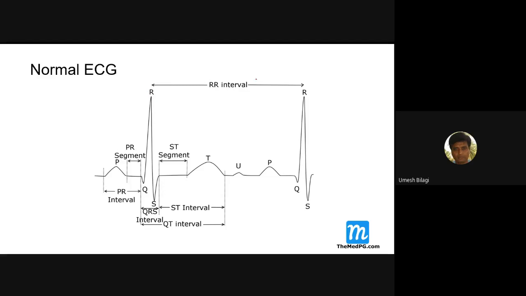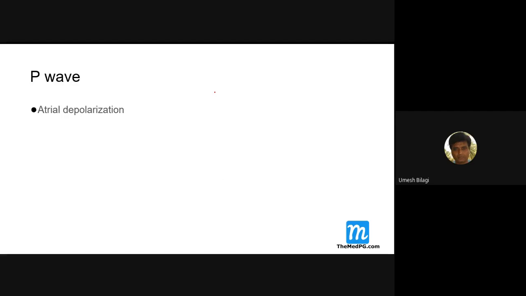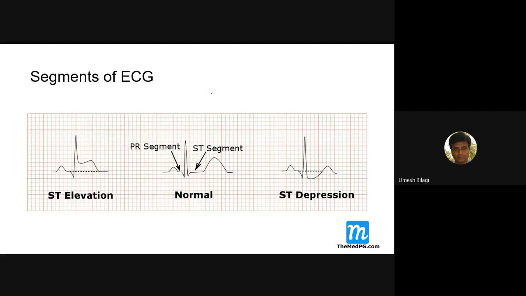And the RR interval is used to calculate the heart rate, the distance between two R waves, the previous and the next beat. This is the next beat, this is the first beat, the previous beat. This duration is used to calculate the heart rate. I'll come to that, heart rate, or more specifically ventricular rate. So we discussed this.